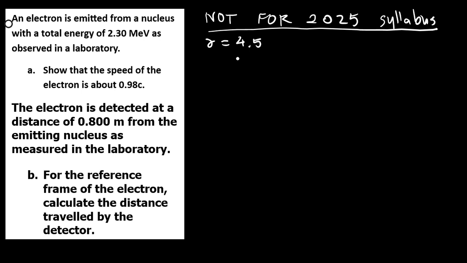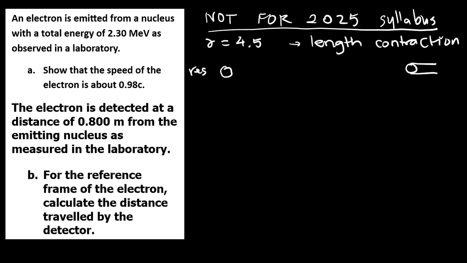Now, we are going to have to consider something called length contraction for us to answer the question. So let's take an electron, and then let's look at a detector at a distance, and the electron is at rest. If we have an observer in the reference frame of the electron, we'll measure a distance from the electron to the detector of